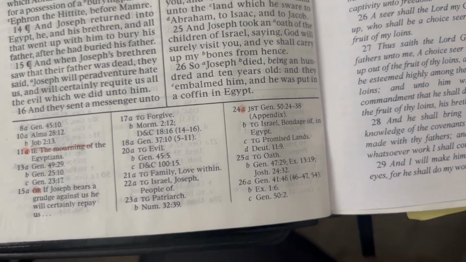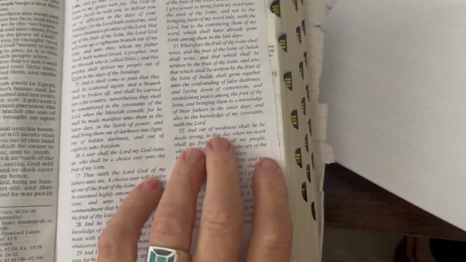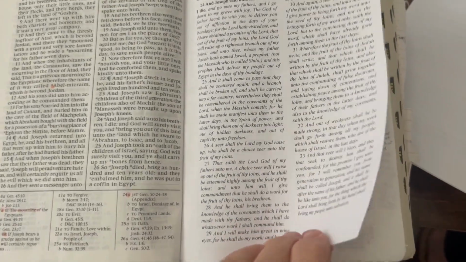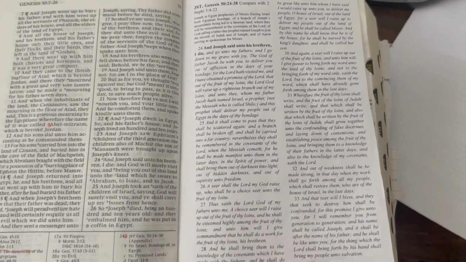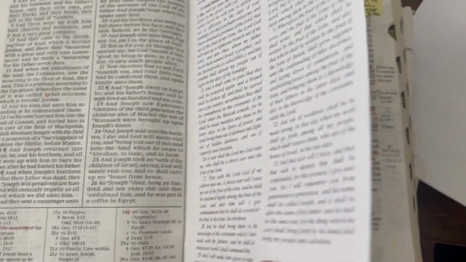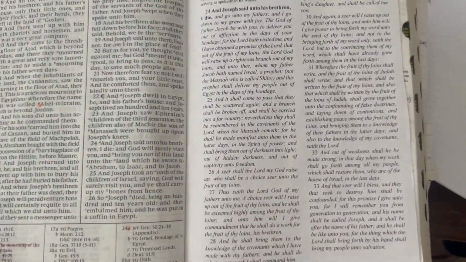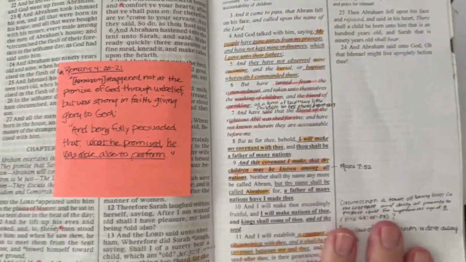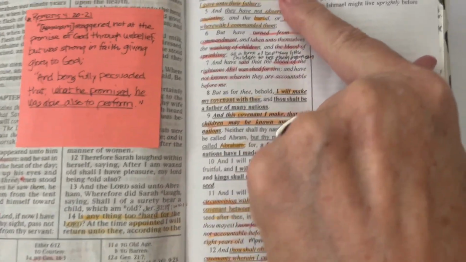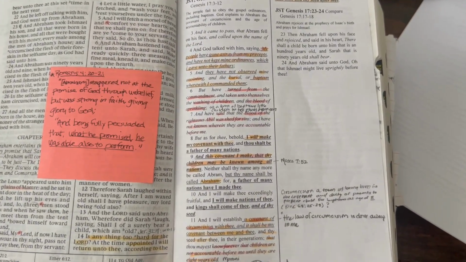So important is it? I mean, it's found fully in the appendix, but the appendix is hard to use. What I do is I actually type it out, make a copy of it, and then I print it off and actually stick it in my scriptures so that I've got that there. There's a number in Genesis of these kind that are very long. For example, in chapter 17, there is a number that are added to the chapter where Abraham enters into the